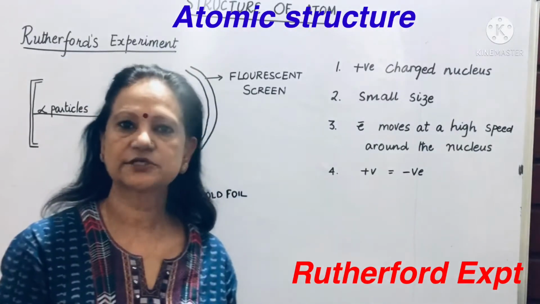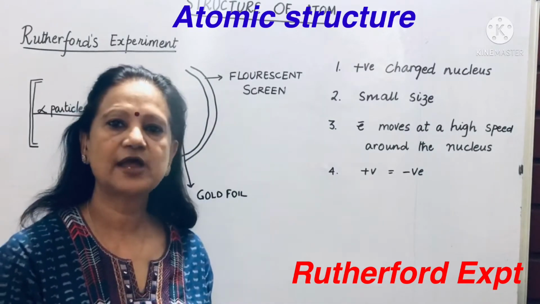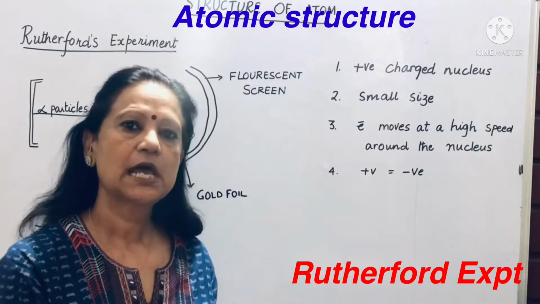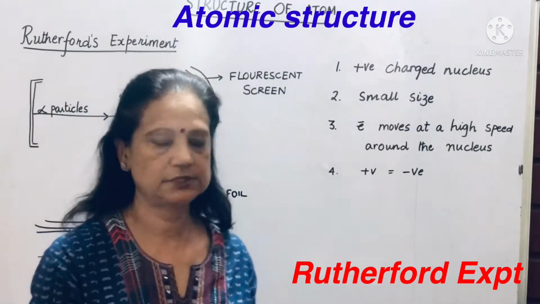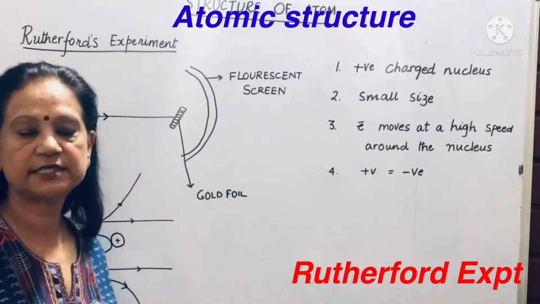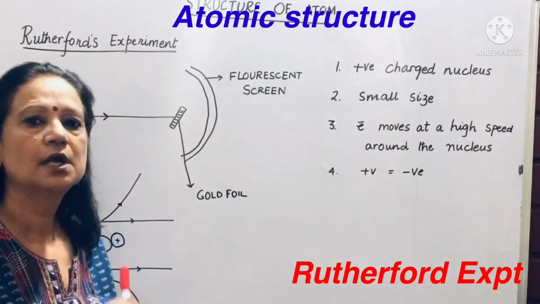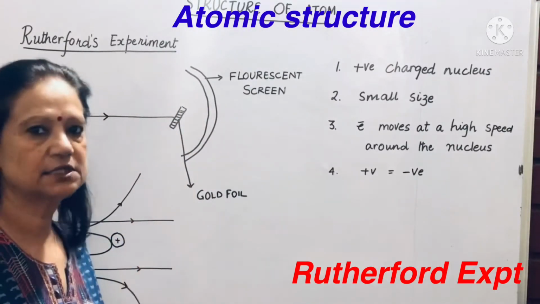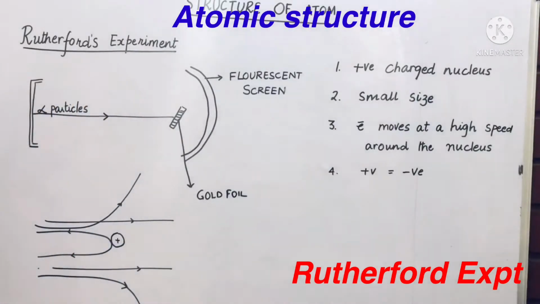We will begin with the structure of the atom. Now you have learned that the structure of the atom contains a nucleus and electrons which are revolving around the nucleus. Many experiments had been done and many theories were put forward before we came down to Rutherford's experiment. Dalton gave his own theory and many other scientists were working on it. So let us look at what Rutherford's experiment explained and what properties of the atom it gave us.